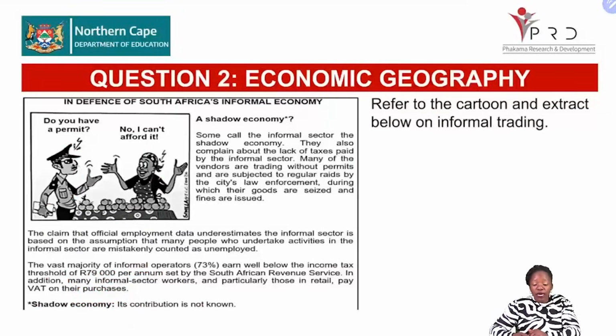Then we're looking at our second question. Our second question is still on the economic geography. So refer to the cartoon and the extract below on informal trading. In defense of South Africa's informal economy, a shadow economy. So again, I'm going to give you 5 minutes to go through the extract as well as the cartoon, and